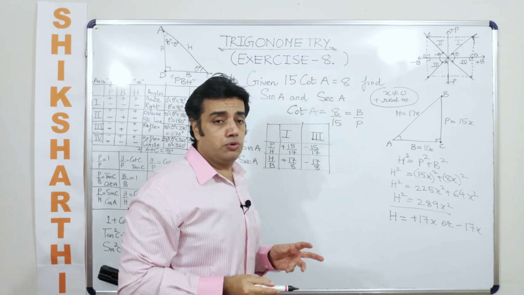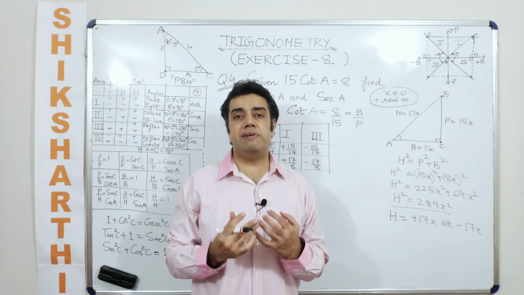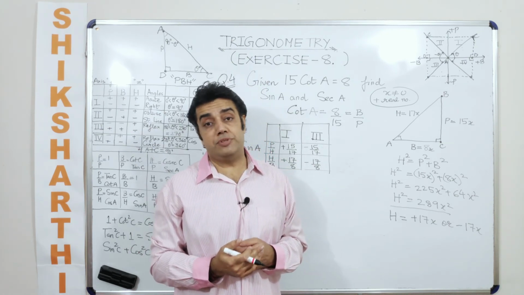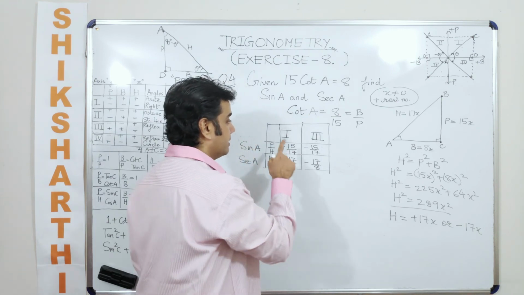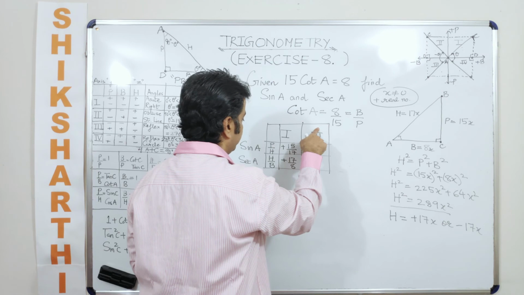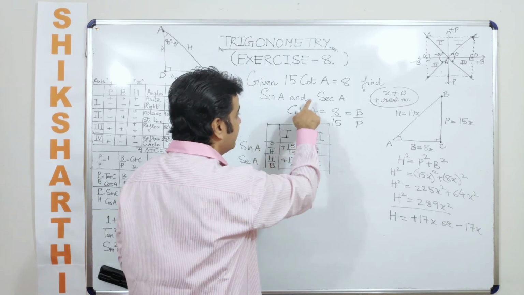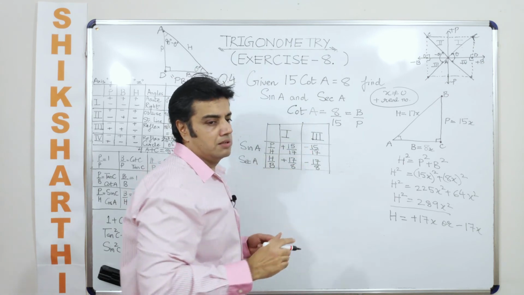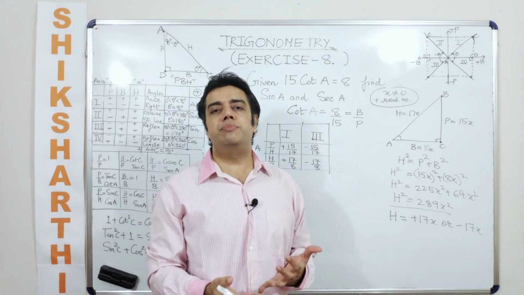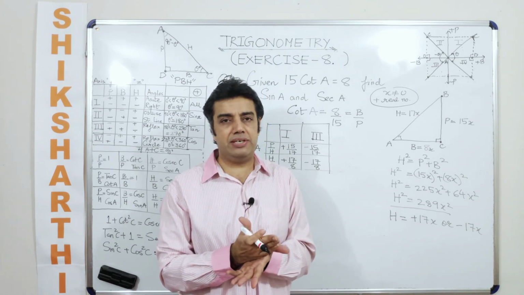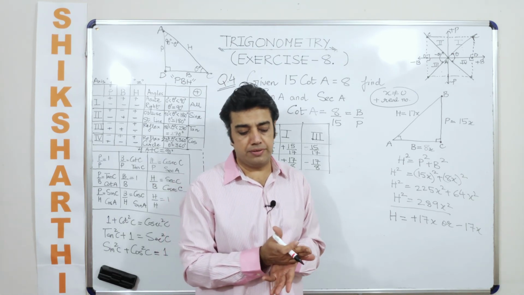Failing which? Failing means what? Since they have not mentioned what is the value of A, whether it is acute, obtuse or a reflex angle, the complete solution would be, we will consider both the first quadrant and the third quadrant for any other trigonometric ratio other than cot A. Why not cot A? Even cot A would be first and the third quadrant only, because it is the cot only which decides that we are supposed to consider the first and the third quadrant.